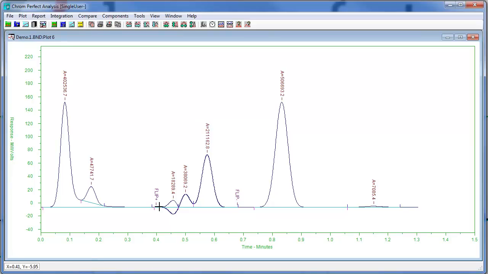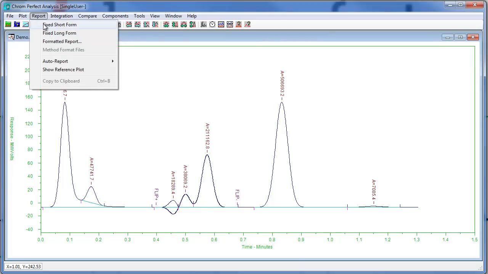Now, as you can see, this has dealt with the baseline in a similar way, and it's forced this horizontal along here, so the areas of these peaks are not affected by the negative baseline. However, the fundamental difference here is the negative area has been flipped and is now reported as a positive result within our chromatogram. We can demonstrate this by printing the report to screen